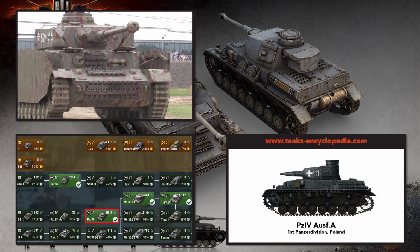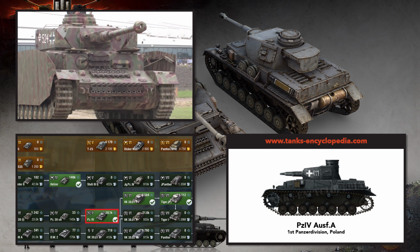The PZ4 was originally intended to be an infantry support vehicle, with the PZ3 taking on the anti-tank role. The earliest models, the Ausf.A, which Ausf stands for variant, mounted a 75mm short-barreled, low-velocity howitzer intended to fire high explosive at bunkers and similar targets. But as the war progressed, that gun's shortcomings became apparent. It had a lot of trouble getting through other infantry support vehicles like the British Matilda during the Battle of